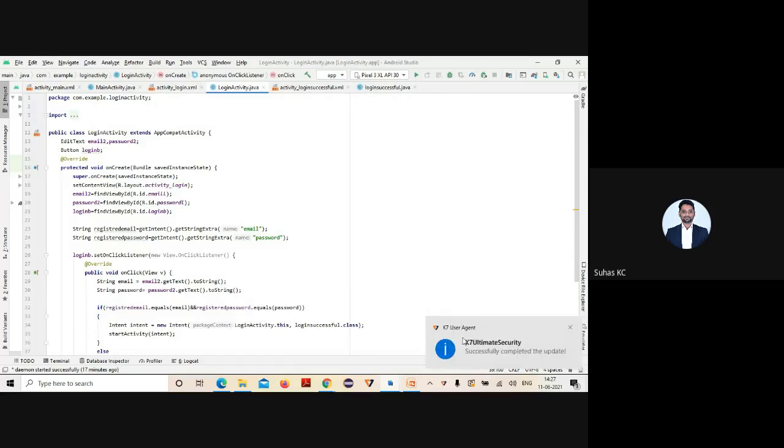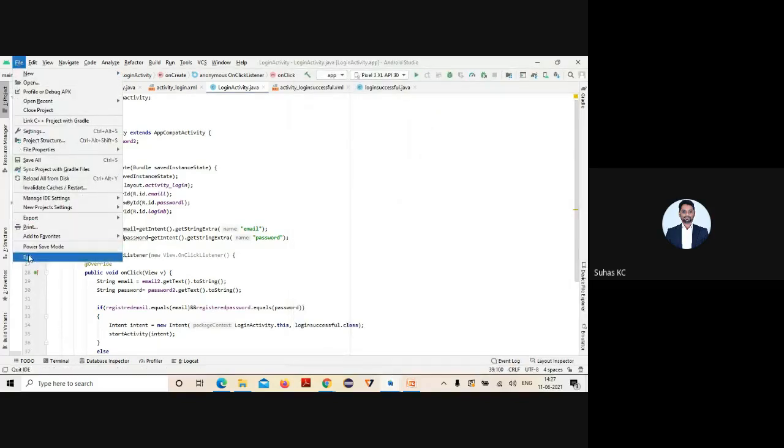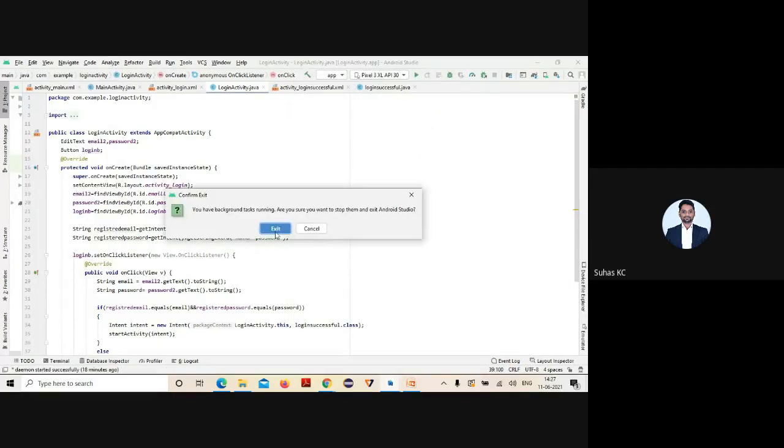Let it open. So this is a previous program. I'll exit.